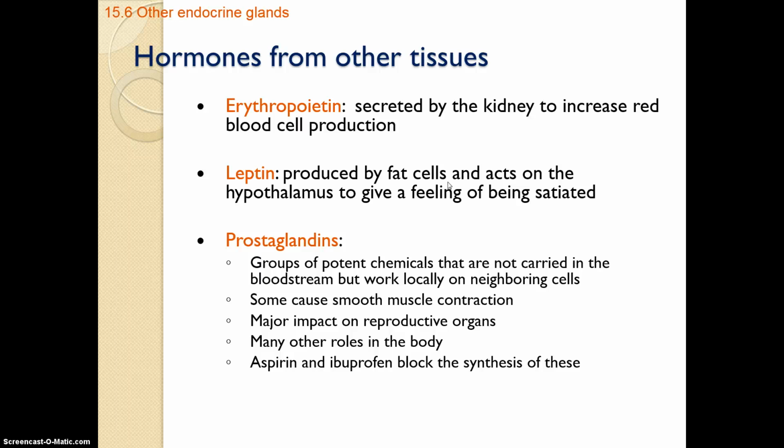Not for everybody. Okay. Prostaglandins we did talk about. These are the hormones that are simply between neighboring cells. So for smooth muscle contraction, reproductive organs, males, actually part of semen has prostaglandins in it, and it influences the contraction of the female uterus. So prostaglandins from the male can actually influence the female's physiology, which is just really kind of interesting to think. Again, the whole purpose is to get that little sperm to that egg to keep the species going. There are a whole bunch of other different roles.